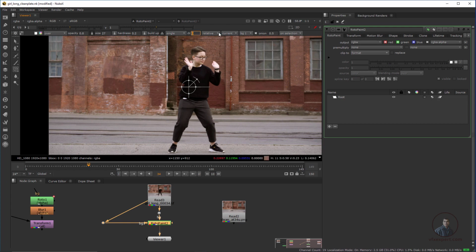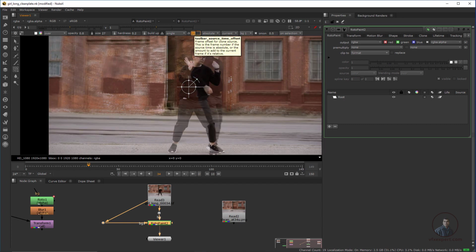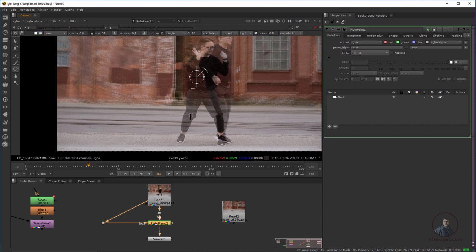One more important thing is relative and absolute. This is the most important thing for defining your reference frame. If you want to define your desired reference frame, then you have to shift from relative to absolute. This is the most important thing in Nuke for defining your reference frame. So here I am going to define frame 20 as the reference. Now if you double click here and type frame 20, you can see this, which is a little bit invisible, is our reference frame, and this one shows our clean plate frame.